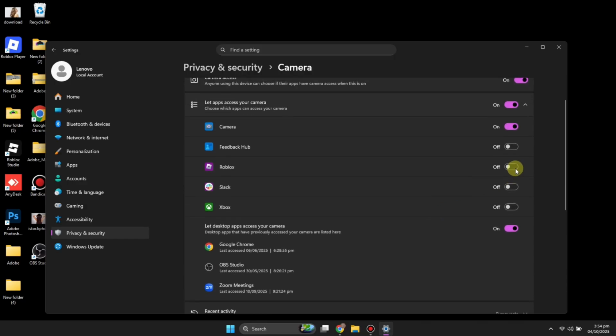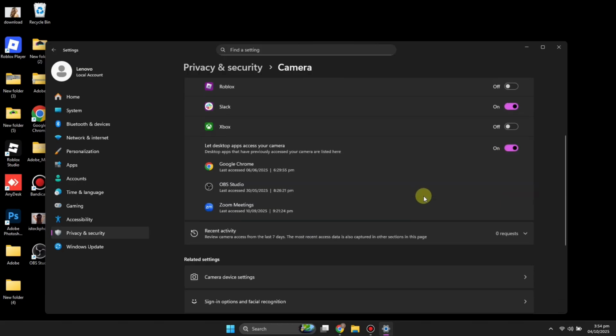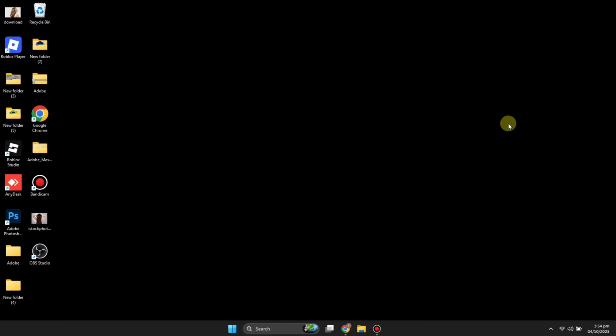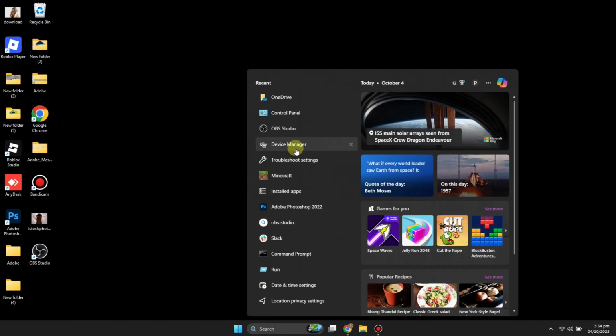Then you have to make sure it is turned on for that specific app in which you want to use the webcam, like Zoom or any other thing like that. Once you have turned it on, there are chances that it will work, but let's say if it is not